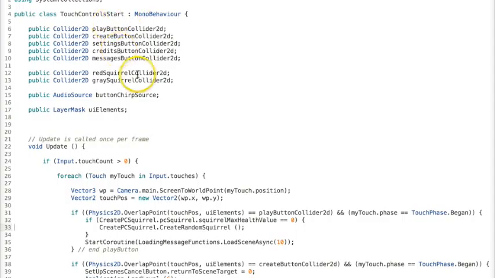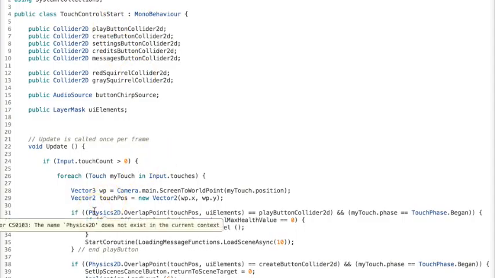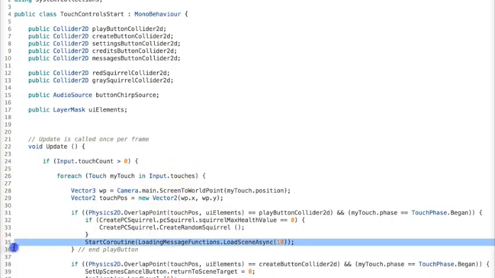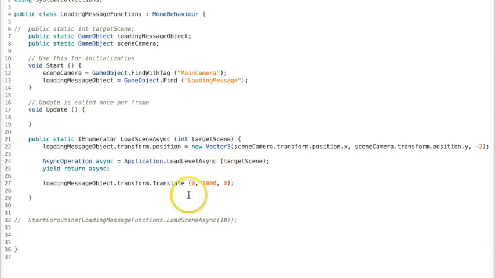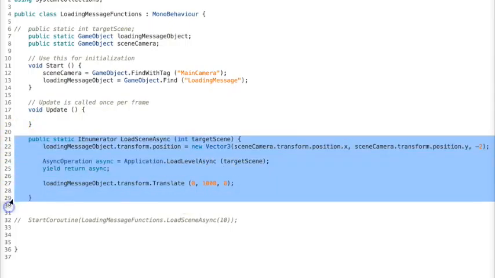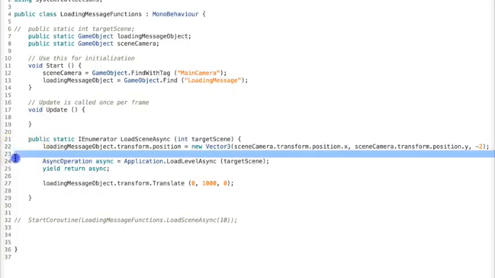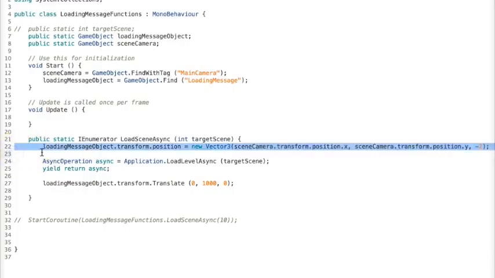And what I did is wherever I am loading one of the scenes that takes a little bit of time, I do a call inside of the loading message functions class on the load scene async, and that's this right here. So I give a call to this method. Basically what it does is it takes the picture of the loading scene with the animation on it, and it moves it to the location where the camera is, and then